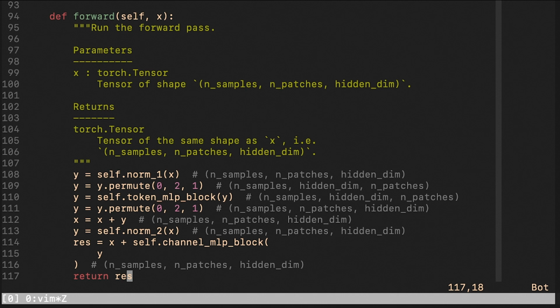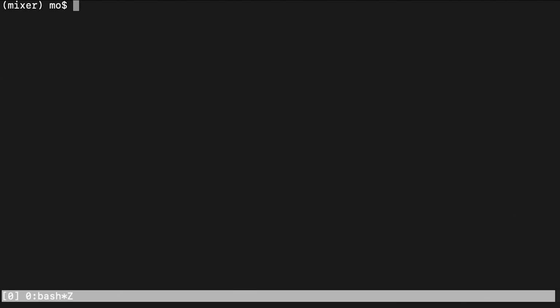The authors point out that one can implement both the channel mixing and the token mixing using convolutions. So one can actually make an argument that the MLP mixer is nothing else than a convolutional neural network. Let us now try to rewrite both the channel and the token mixing using convolutions. All right, so we will start with the channel mixing.